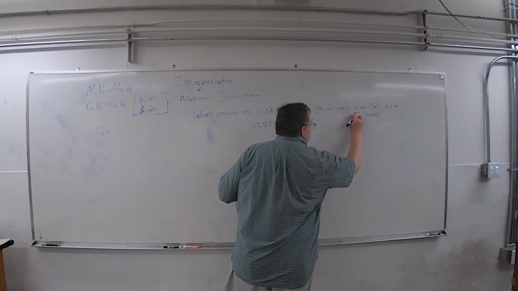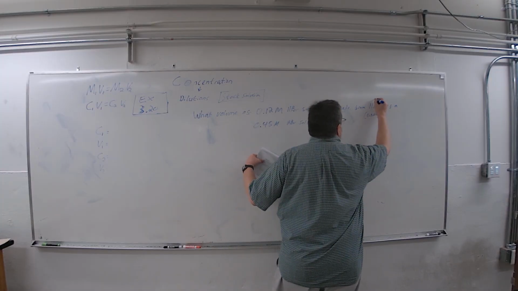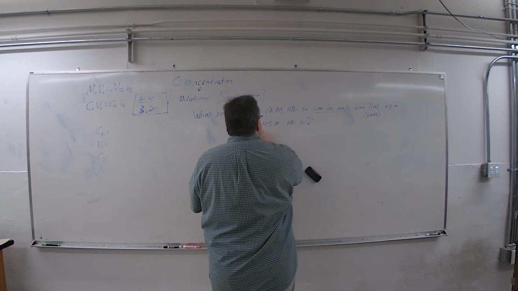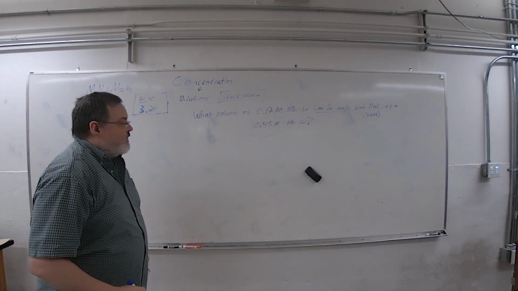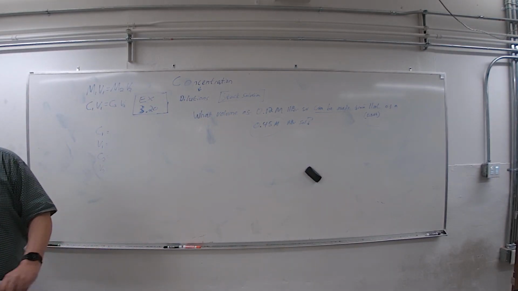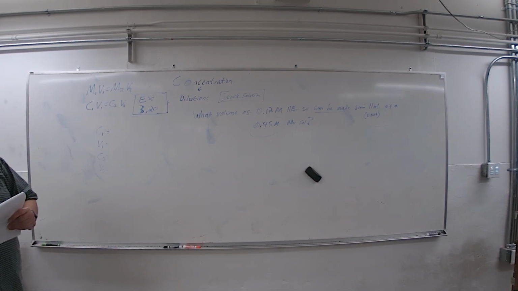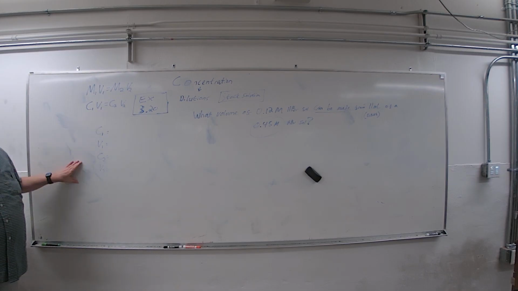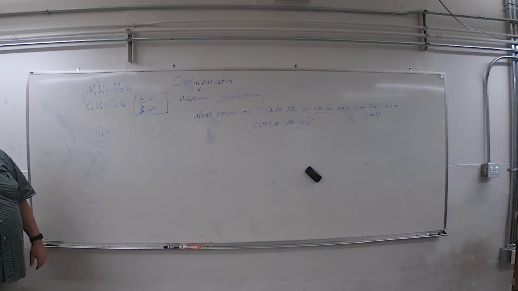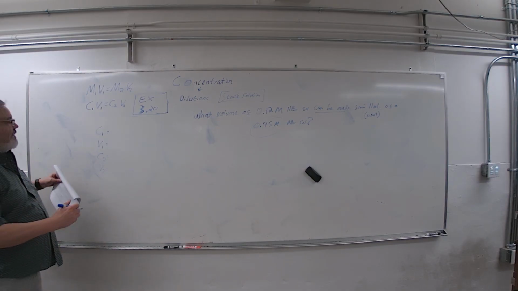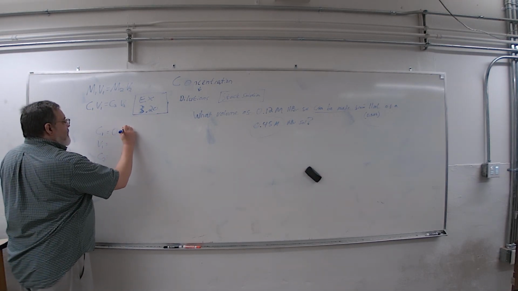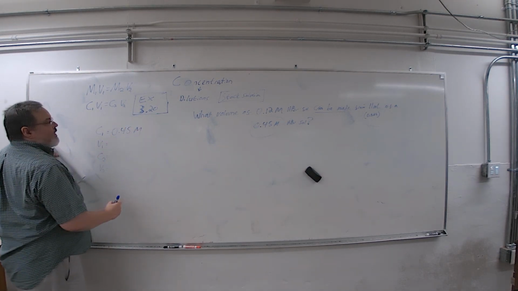Made from, can be made from this. So you're going from here to there. So if you're going from those two, where do they go? You go from here to here. So it's in the phrasing. You can pick it out. You're going from 0.45 molar and